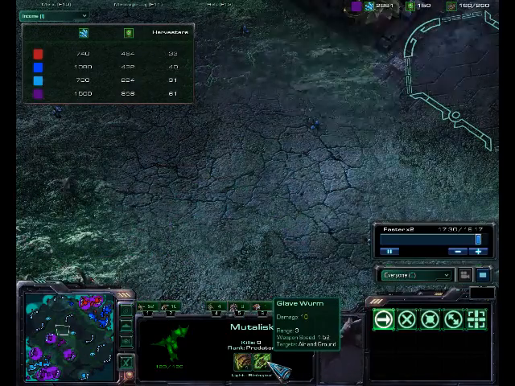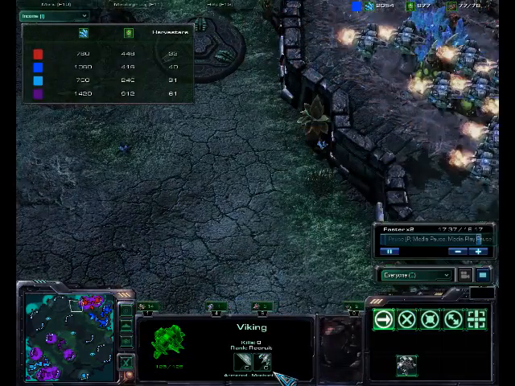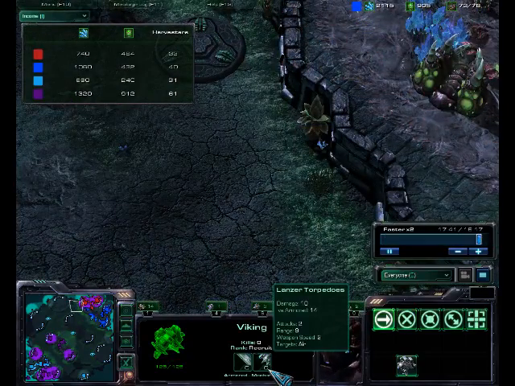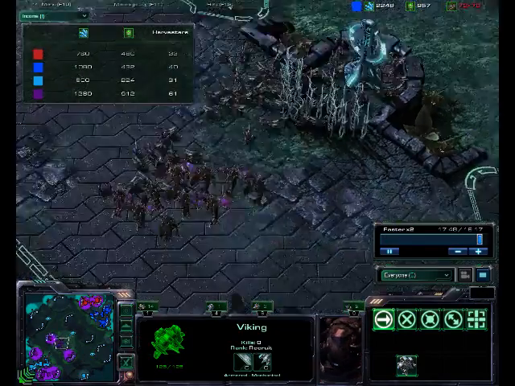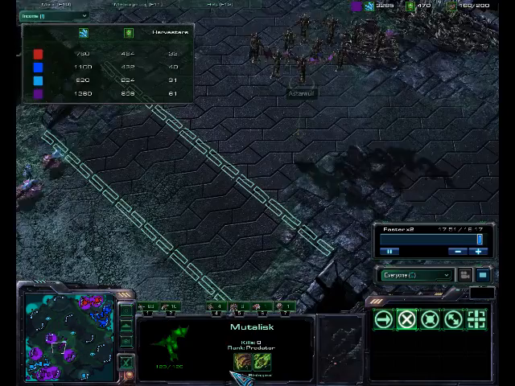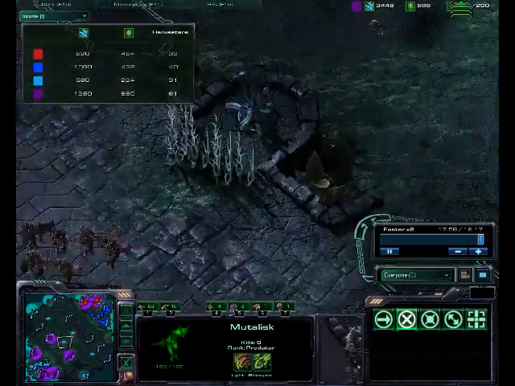Oh, but Vikings get splash damage, don't they? I think Vikings... Do they get splash damage? No, they don't get splash damage. Huh. Oh, they get 2 attacks, though. Mutalisks only get 1, and then it bounces at a... the spore thingy bounces, but at a lesser attack. All of these